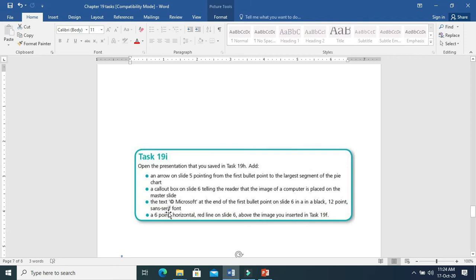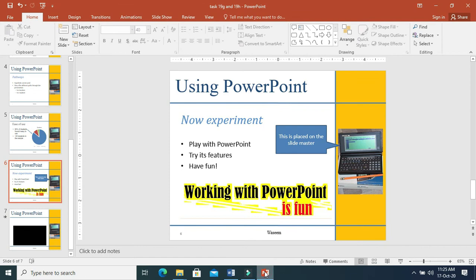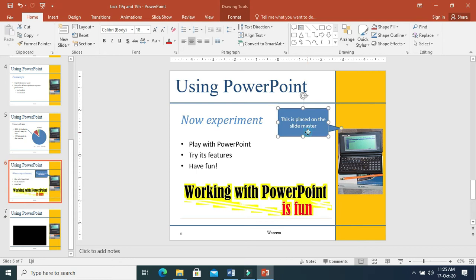The text copyright Microsoft at the end of the first bullet point on slide 6, in 12-point sans serif font. So where are we going? On slide 6 we have to add the text copyright Microsoft at the end of the first bullet point. Slide number 6, at the end of the first bullet point. We'll move this up a little bit so that we can get this. Then on the first bullet point we are going to write, go here,